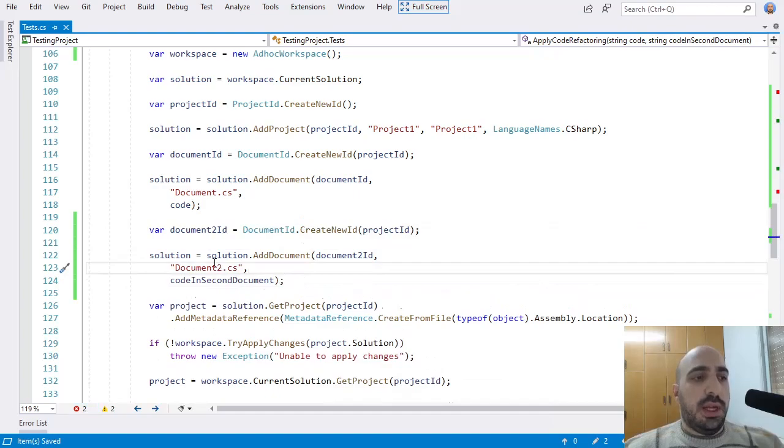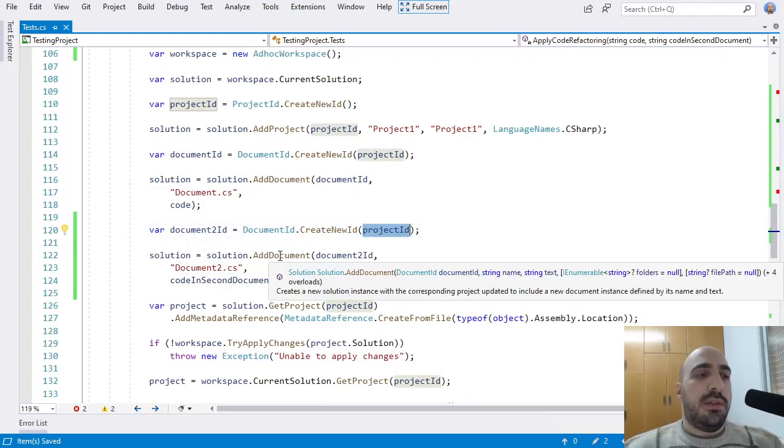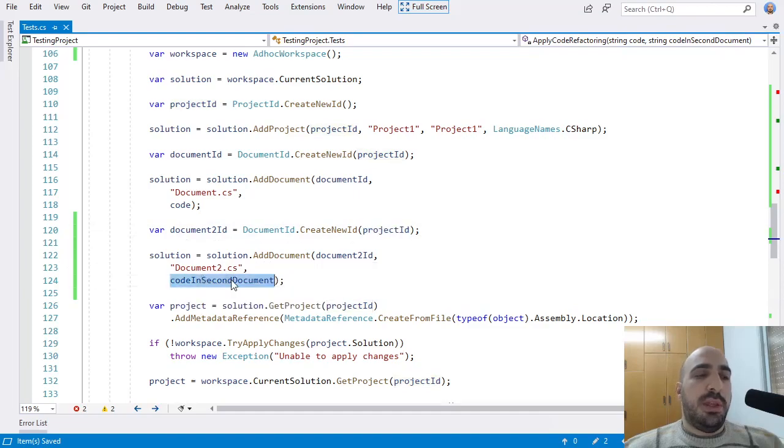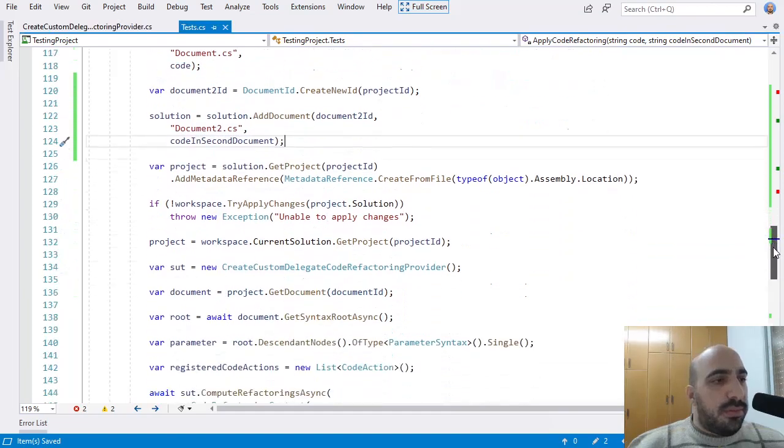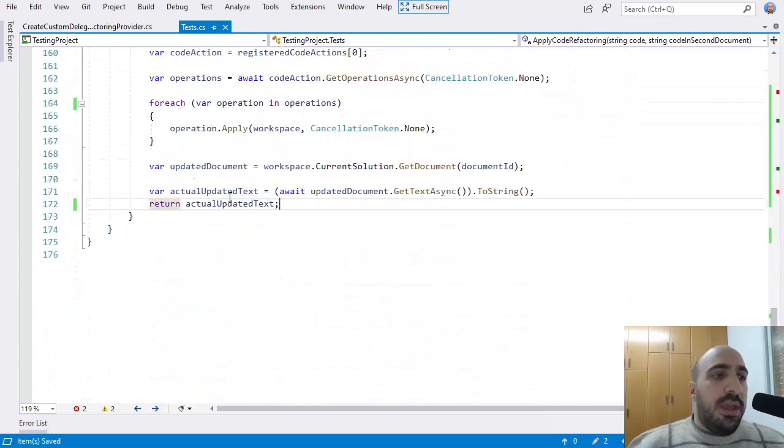Okay, so here I'm creating a new document ID for the project, and then I'm adding the new document using this parameter as the source code. Here we are returning the updated text for the first document, right? We need to do the same thing for the second document.